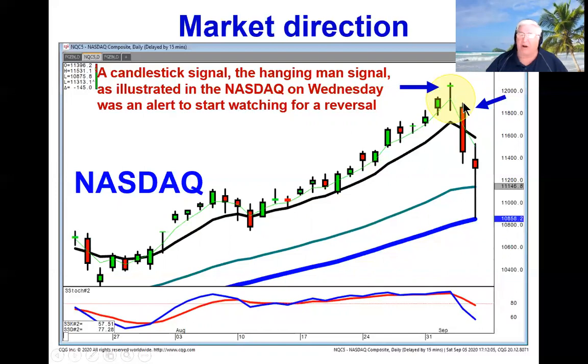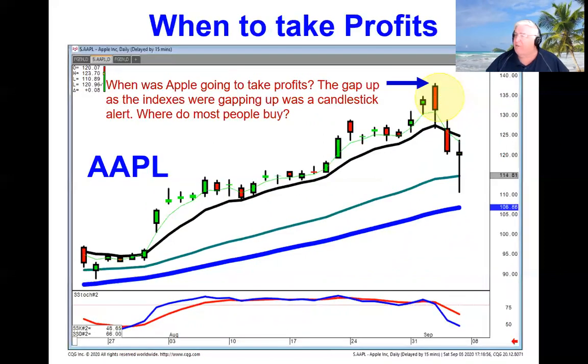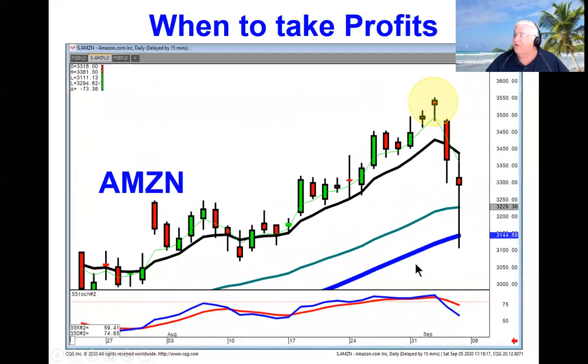When we woke up and saw the pre-market futures were going to trade lower, that was a good stimulus to start taking profits on charts that hadn't shown exact sell signals yet. For example, look at Apple gapping up in the overbought condition away from the T-line, and the markets were starting to sell off. This was an area where you could easily say, well, they've gapped it up here, exuberance in the overbought area. Let's start taking profits.